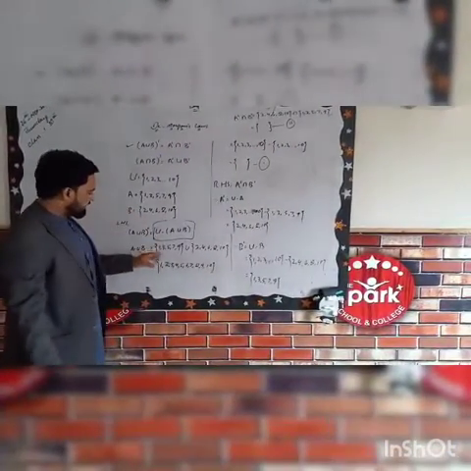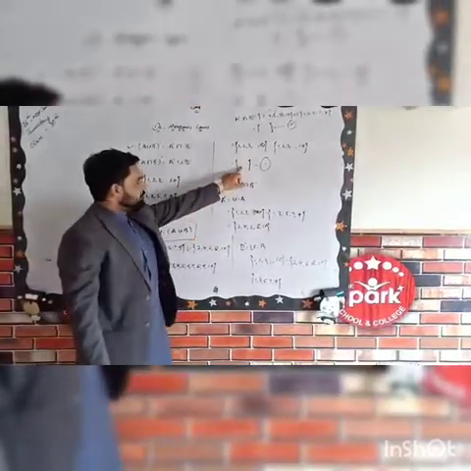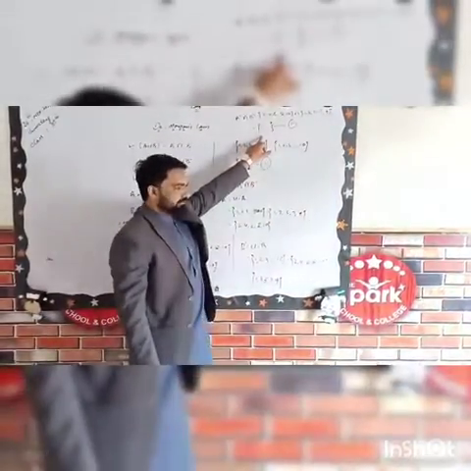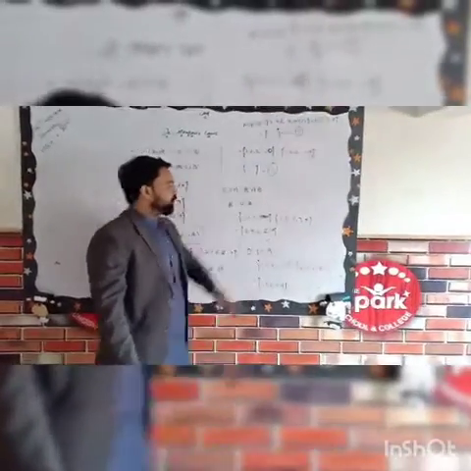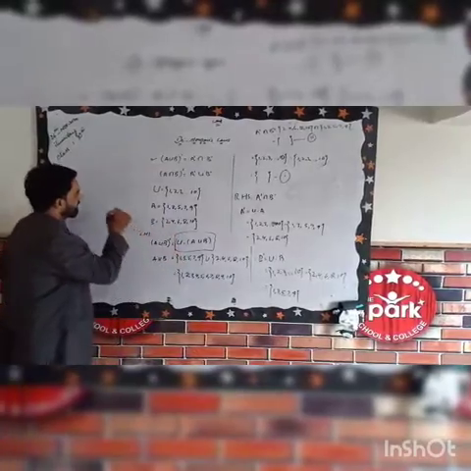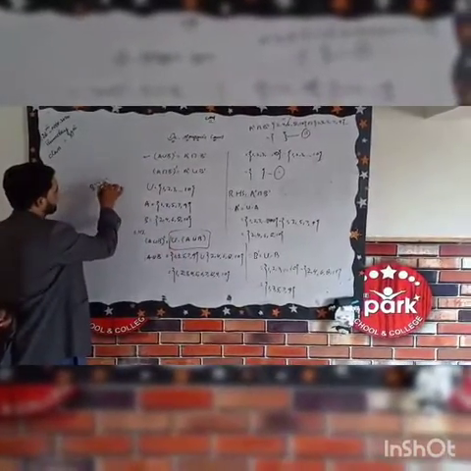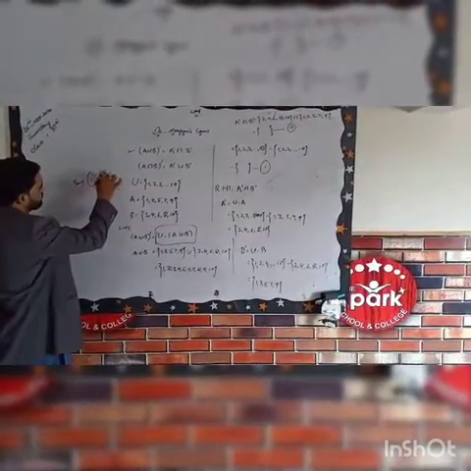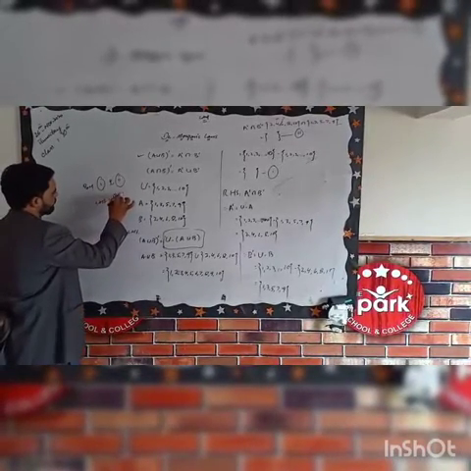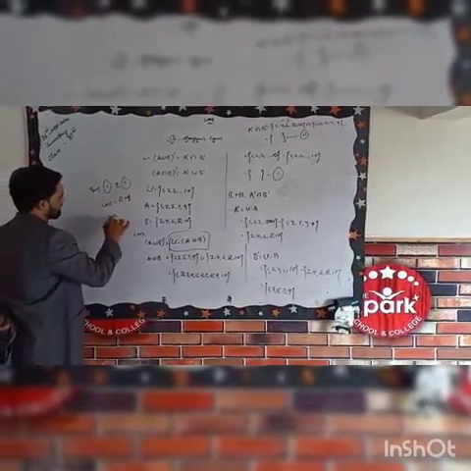As you can see, the first answer, the LHS, and the second answer, the RHS, are both equal. In the end, you write: by 1 and 2, LHS equals RHS.